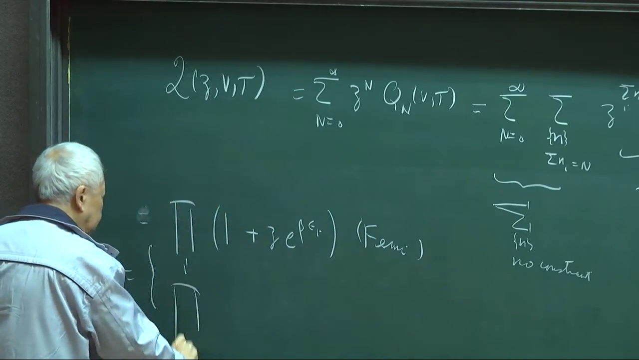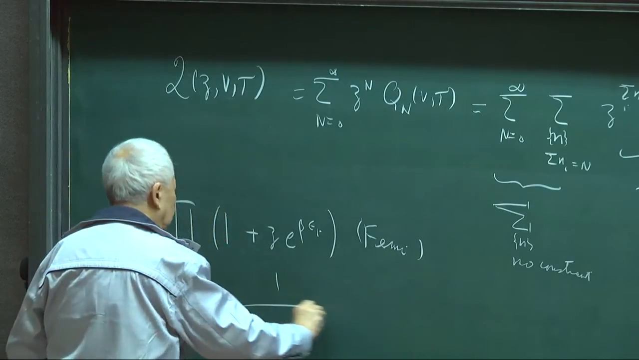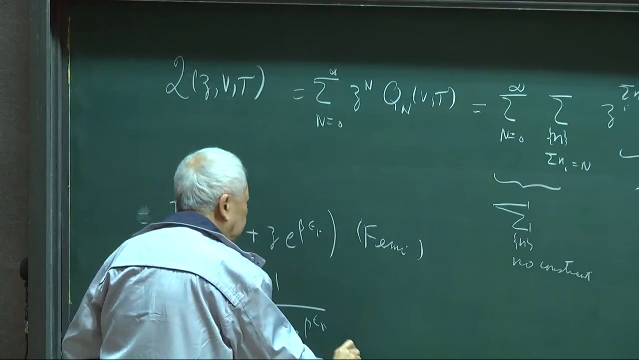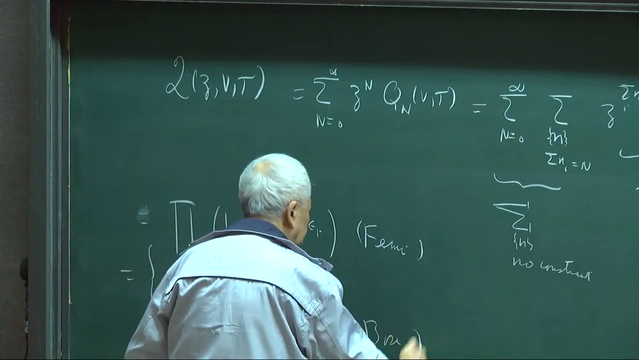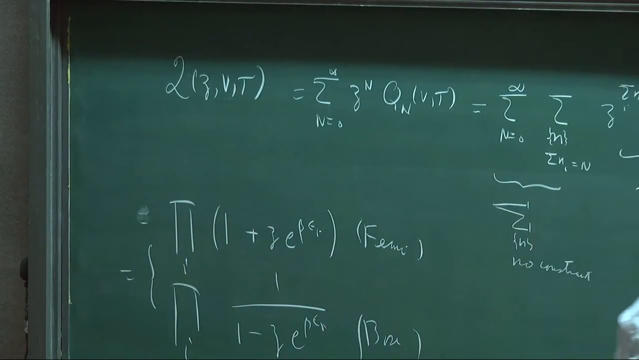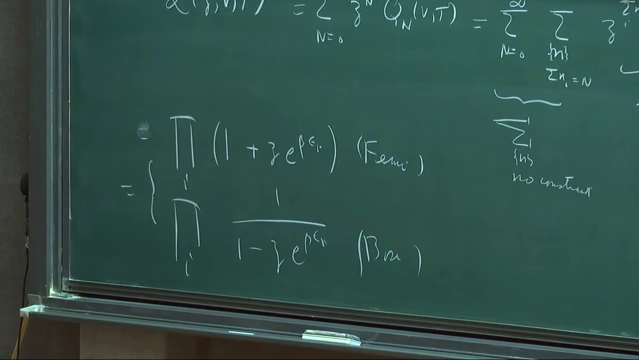For Bose, I sum from 1 to infinity, therefore it's 1 over 1 minus z e to the minus beta epsilon i. This is for Bose. So we have the answer. And what we need is the logarithm of this to get the equation of state. So log of Q